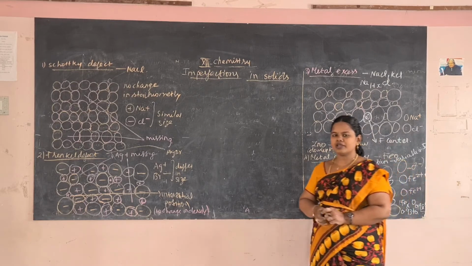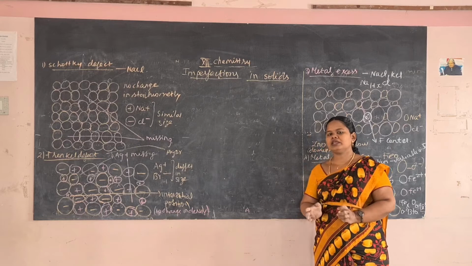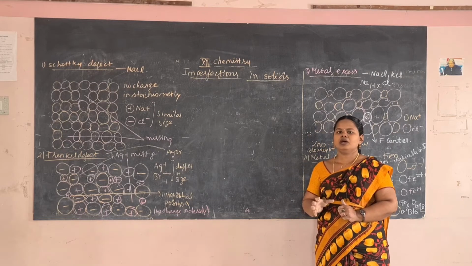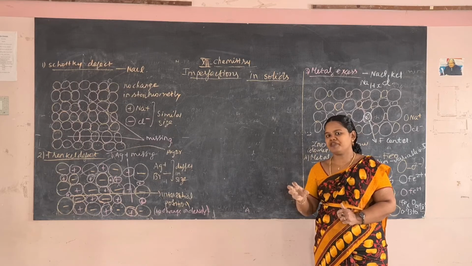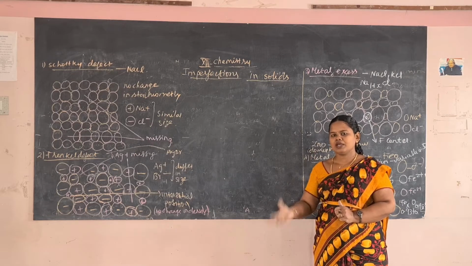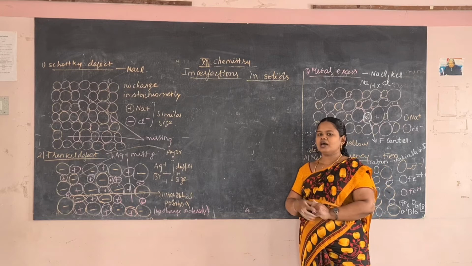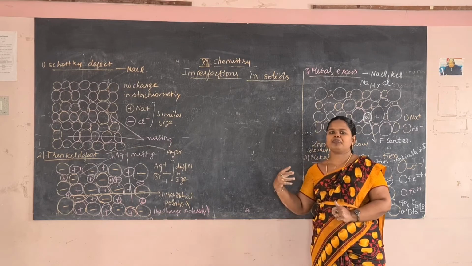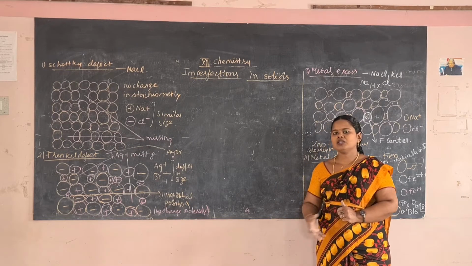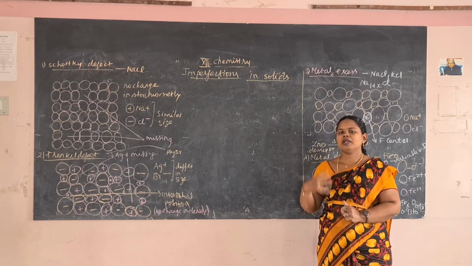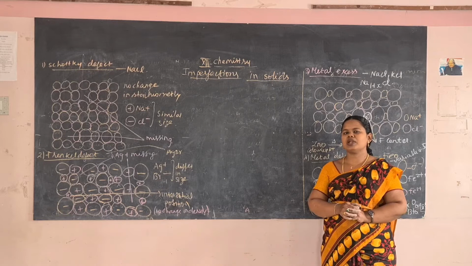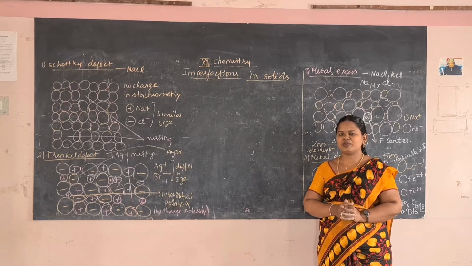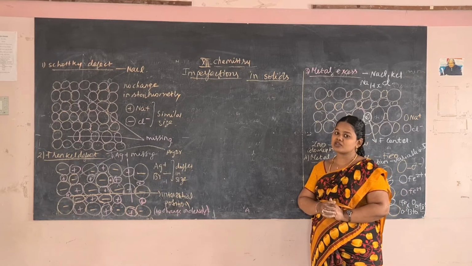We know that according to the law of nature, nothing is perfect. Every article around us will have some difference or some difficulty. Likewise in the crystal also there will be some disorderliness. Although crystals will have definite orientation of atoms, ions or molecules, some of the crystals will have some disorderliness in their arrangement. And that arrangement is also an advantage.